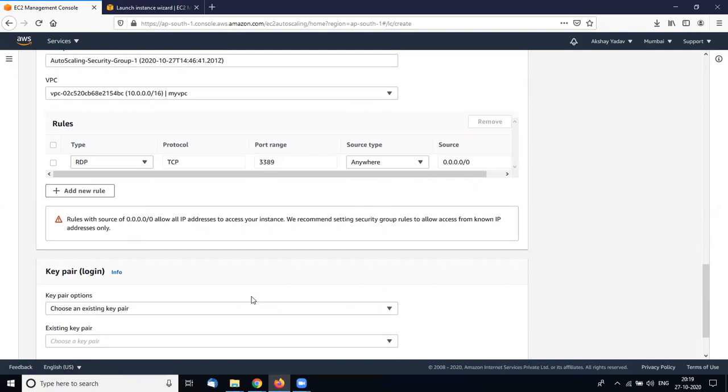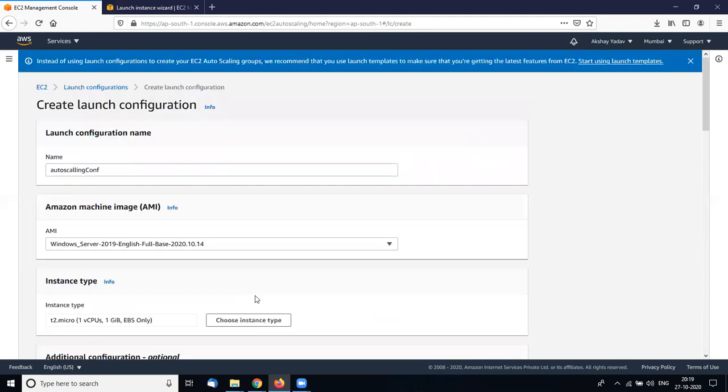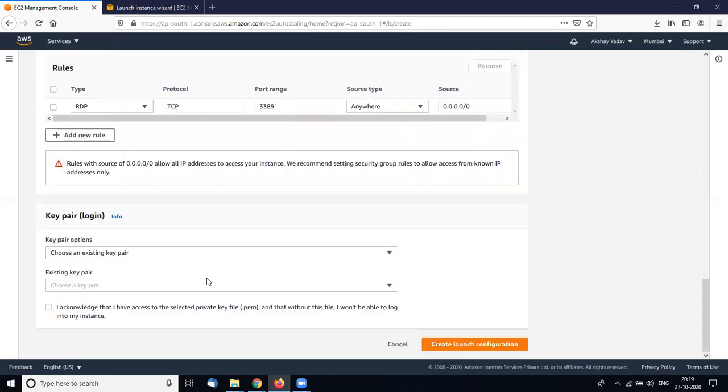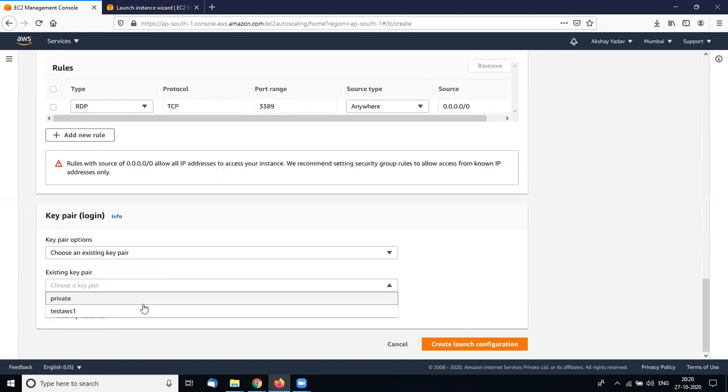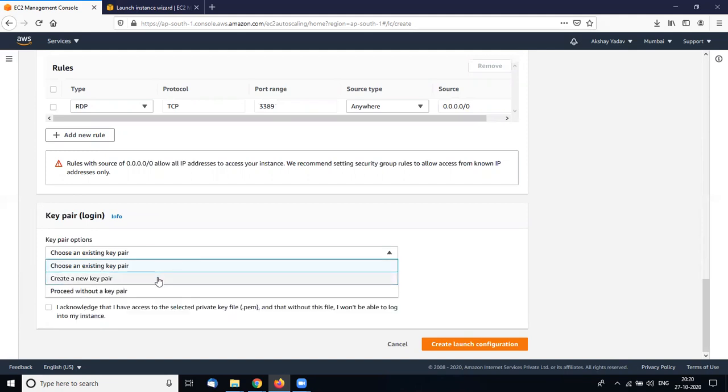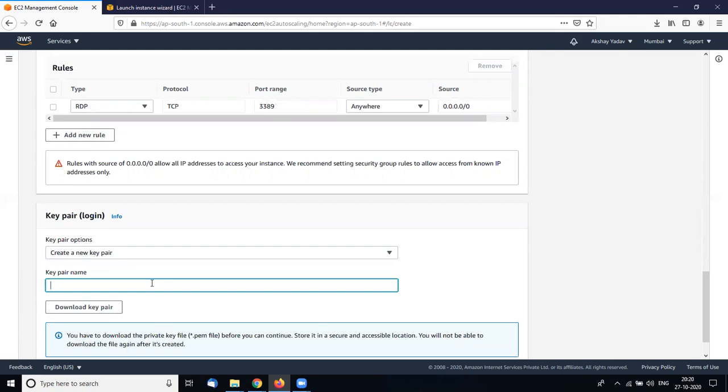So this is the overview and pre-configuration of my AWS instance. Every time an instance is launched in auto scaling, it will copy the current configuration of this machine and launch the instance. Here I am creating a key pair, Windows auto scaling.